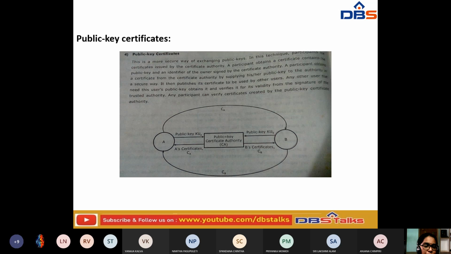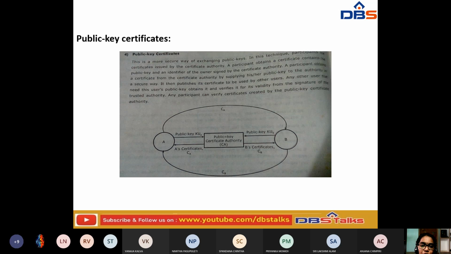If you have observed this type of public key certificates, this is a more secure way. If you apply these certificates, it is a more secure way of exchanging the public keys. The certificate is issued by the certificate authority, and each and every participant obtains a certificate that contains the public key and an identifier of the owner, signed by the certificate authority.